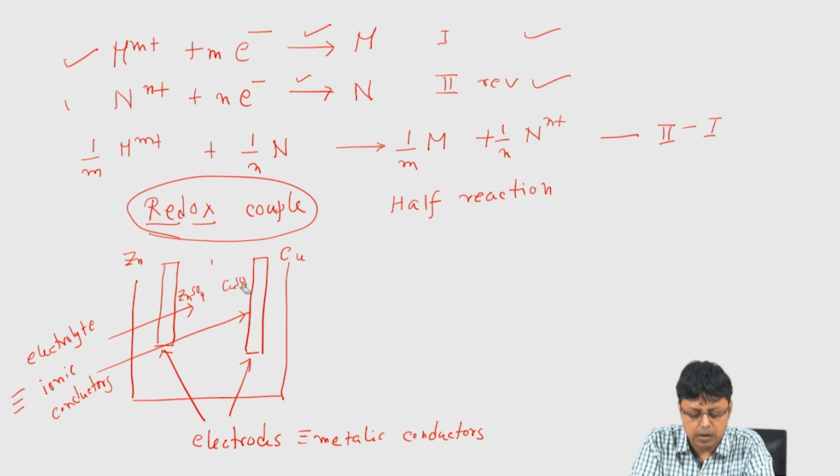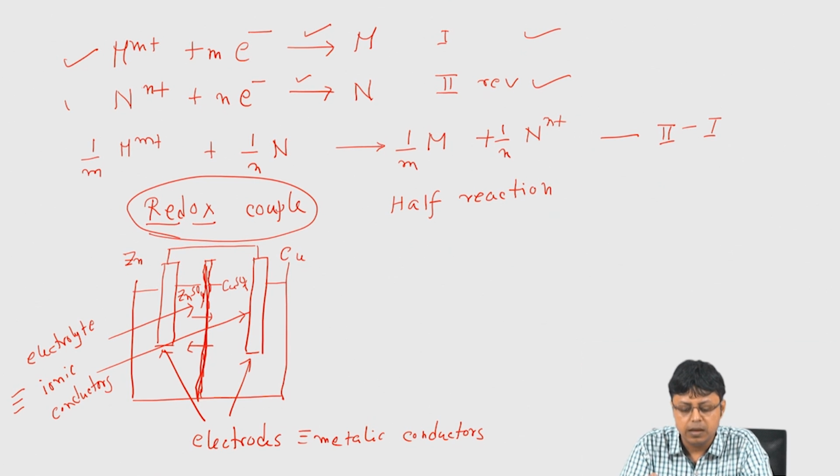Suppose both are aqueous solutions, and then we also say that these two solutions are in contact with each other. So, this can be something like a porous material which will allow the ions to flow across this porous membrane or porous wall. Now, think about it, when you have something like this, and if we connect it, then we know that electricity will flow, and the cause of the electricity, of course, is the flowing electrons through this